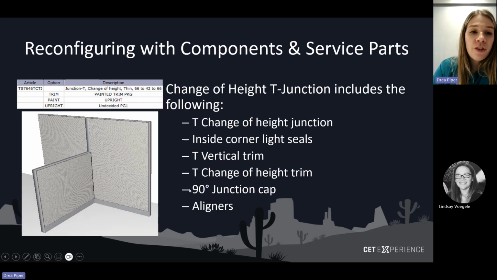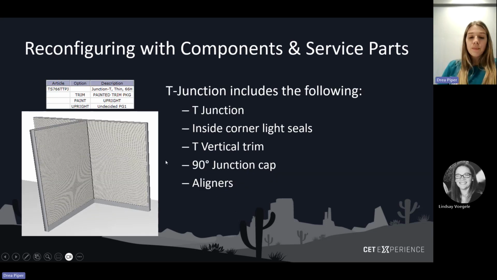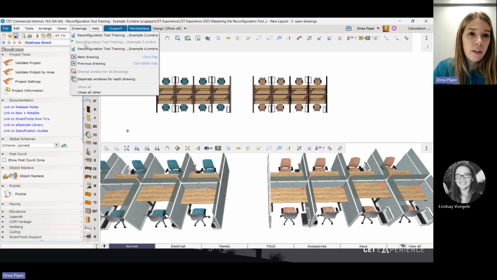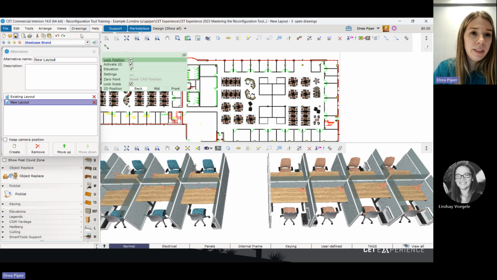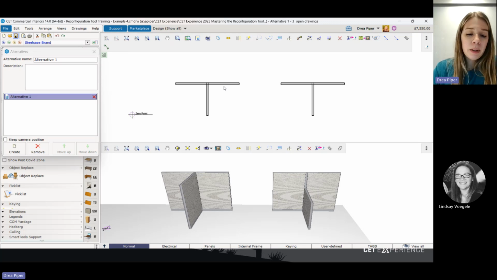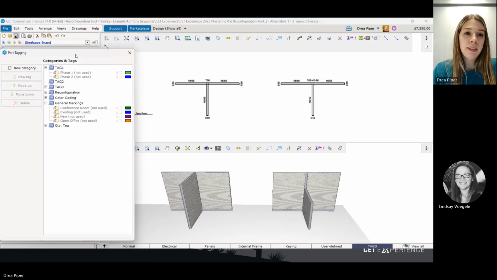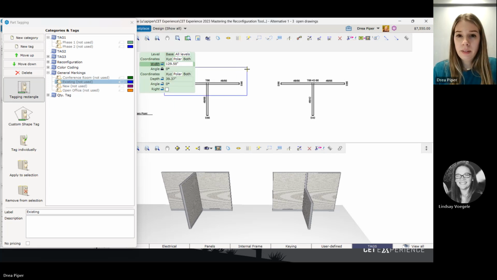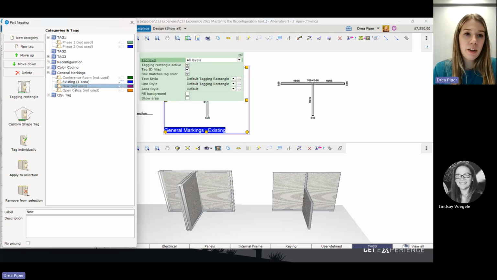So if I were to change that height of the T connector, different model number, however, there are some similar components here that make up that piece that I could reuse from my full height T junction. So in that instance, we go to our drawing here. So I'm going to start off just by tagging these existing